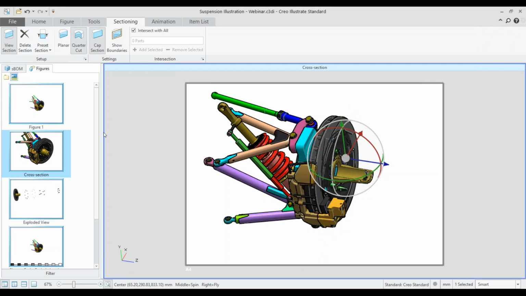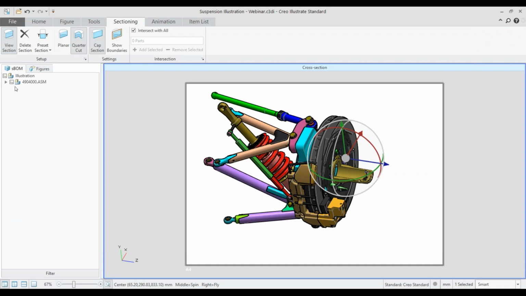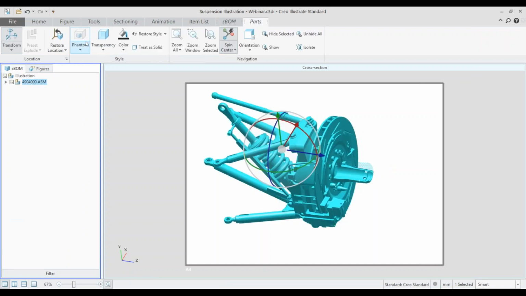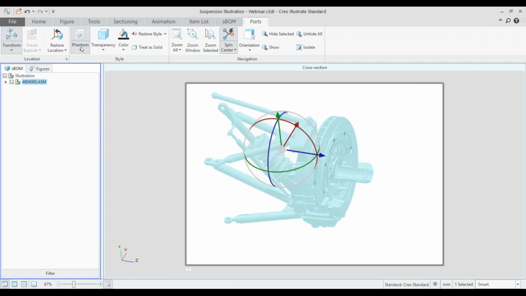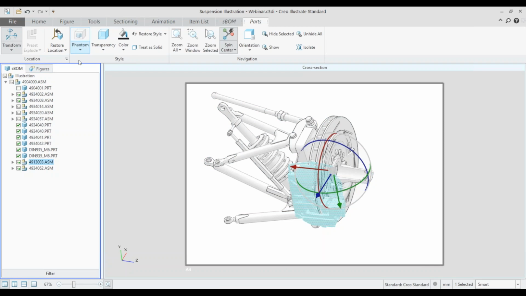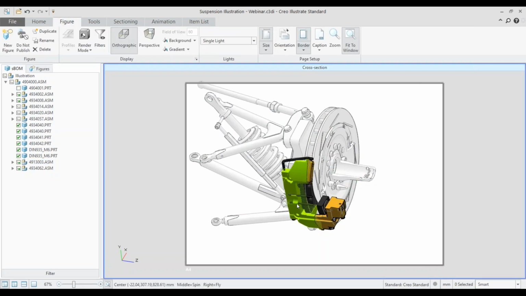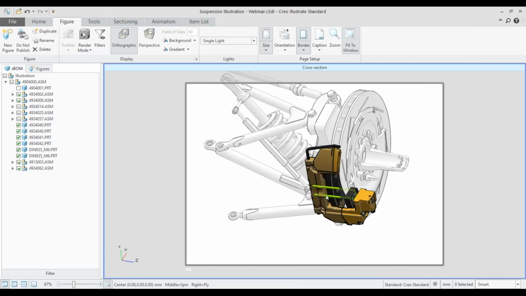So one thing that I can do is I can add a phantom effect where I just hide everything or make it faded, everything that I don't need. So I'll just add a phantom effect to everything except our brakes right here. And if I go back, you'll notice that now I have a clear image of what I want the technician